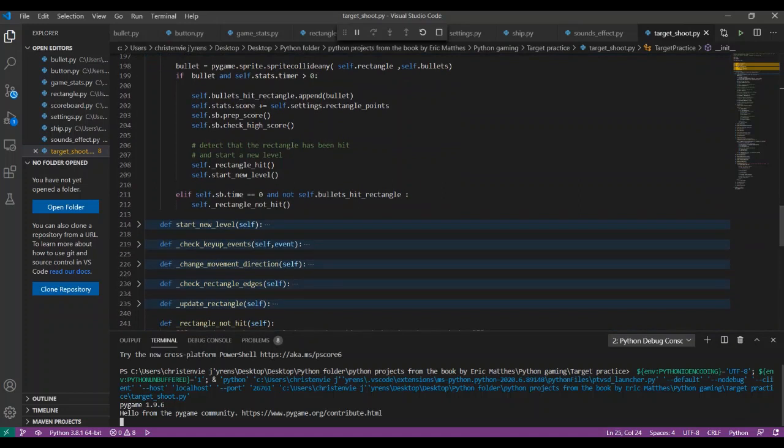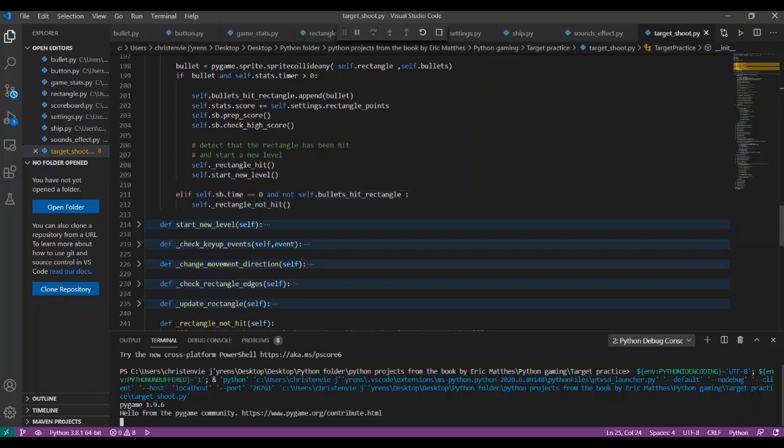Else, if our time is now equal to 0, and that list that stored the bullet and rectangle is empty, we will show that the bullet has not been hit. So this was one of the most tricky things to take into consideration, how to check misses. So we check misses when the time is equal to 0 and when the list is empty.